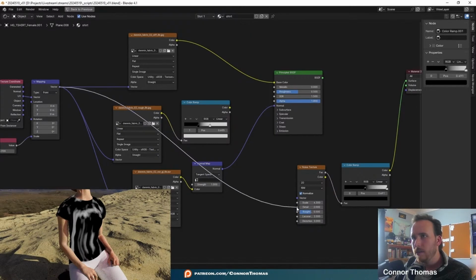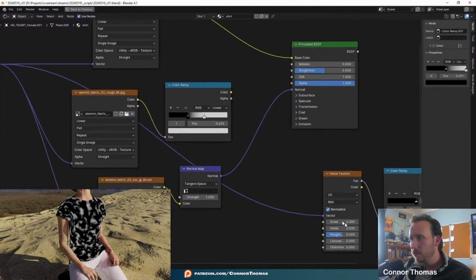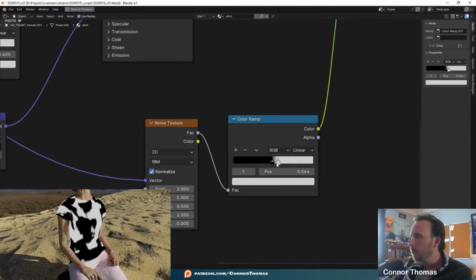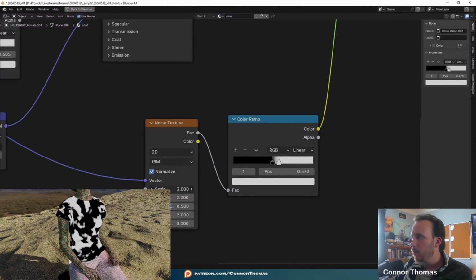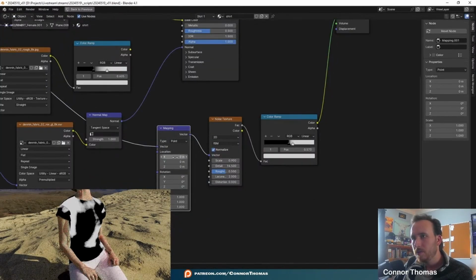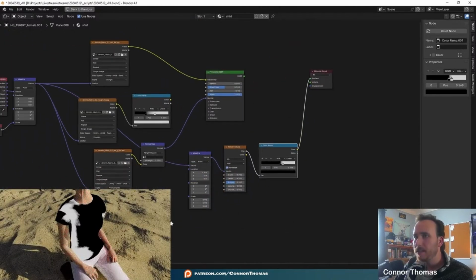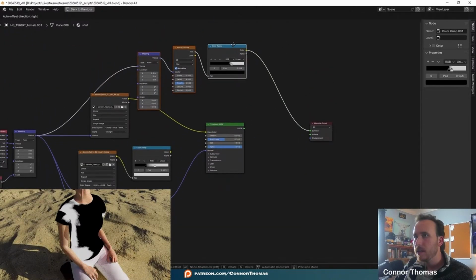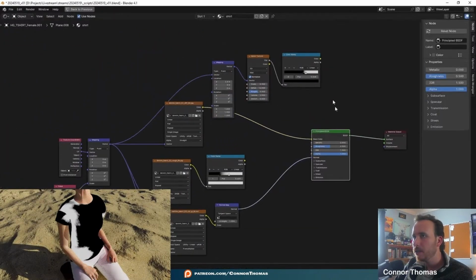And take the vector mapping from that. Yeah, that's a lot better. And then make a pretty contrasty scale option of that. Plug that in through a mapping node, and we could just change the location of this. So the idea behind this map would be to take this, and then before our principled BSDF up here, we